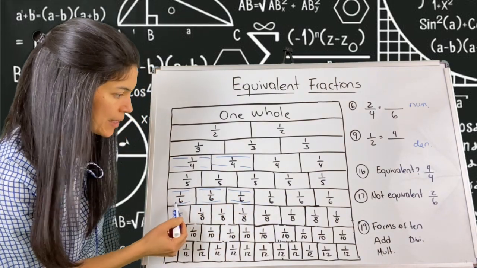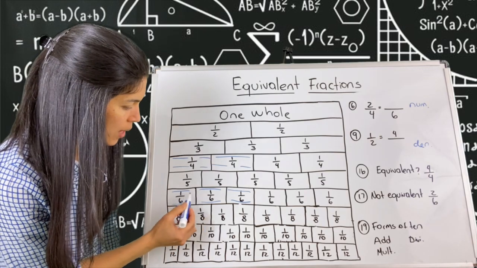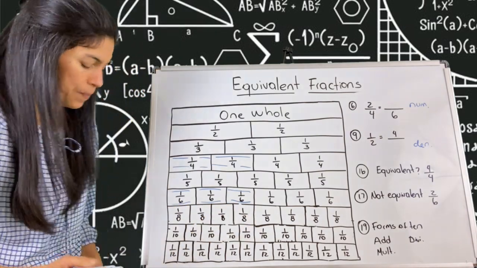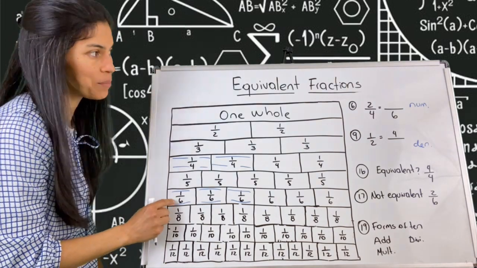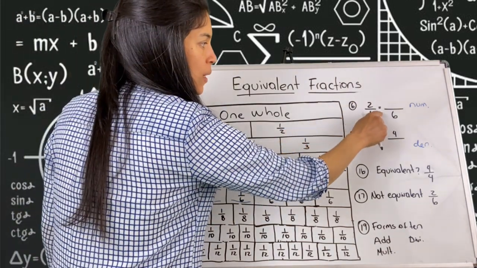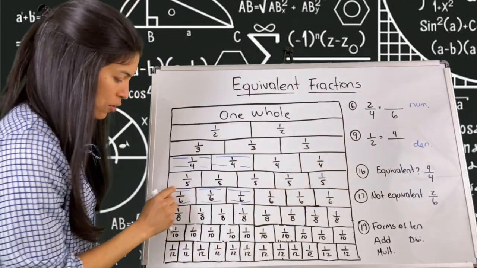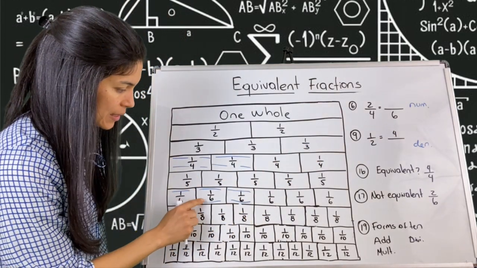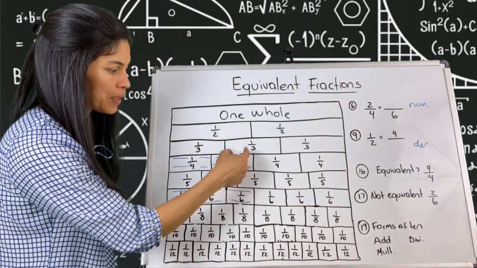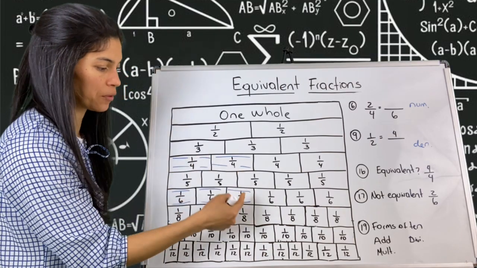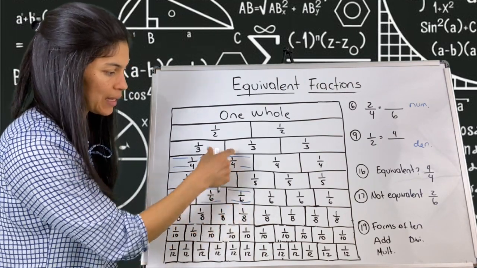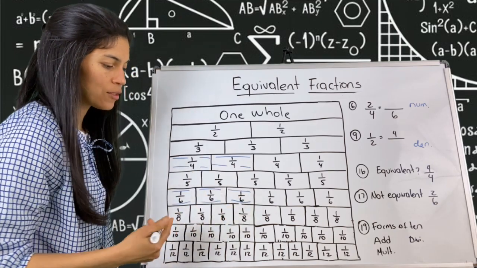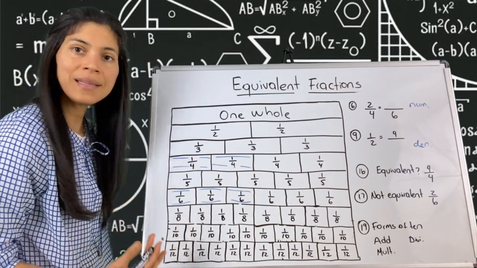I could grab the 6, but for the 6, I will need 1, 2, 3 of the 6. Oh, yes, and I need to grab the 6 because it says 2/4, what is equivalent in 6? So I go to the 6 and see how many 6 do I need in order to fill the same space as 2/4. And I need 1, 2, 3 of the 6 to fill the same space, to mean the same amount,